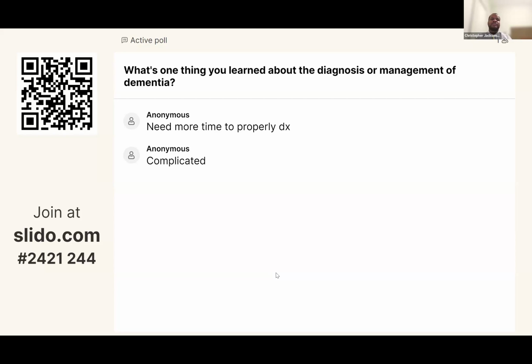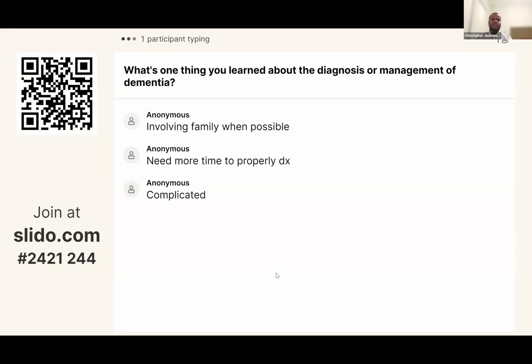Time is important. I will say in my own practice, making the diagnosis of dementia probably requires at least 2, sometimes 3 visits to really get it right and make sure that I've considered everything, just with the realities of all the other things that we're taking care of in the clinic. So I totally agree. You definitely need the time to properly diagnose patients and make sure that you're not reflecting